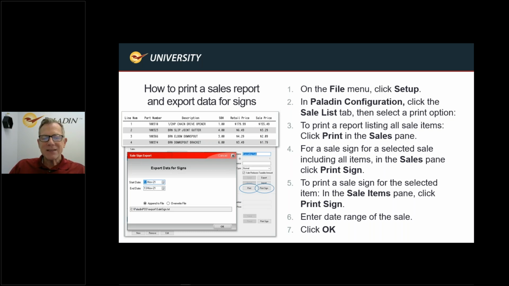All right, the next item, the print sign button actually prints a sign, but it doesn't print the sign, it stages it in a file, and then you go in and you tell it what style of sign you want. All it does is save the data. So when you print sign, you're going to get this pop-up box, the one in red that says sales sign export. All you do is you set the start and ending date of the sales sign, and then you put the